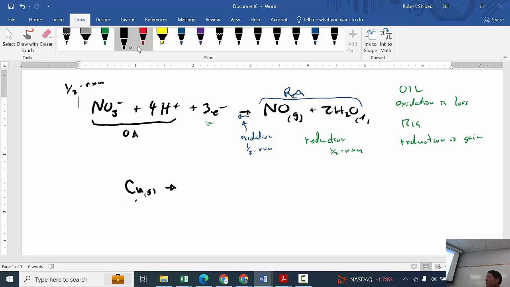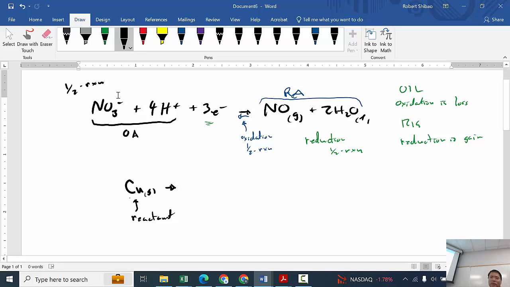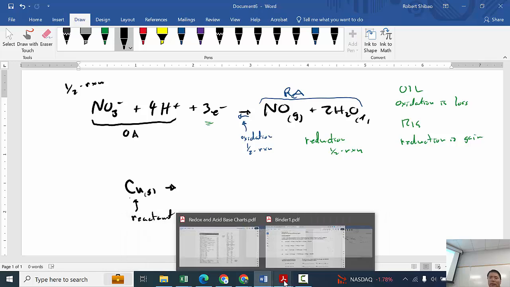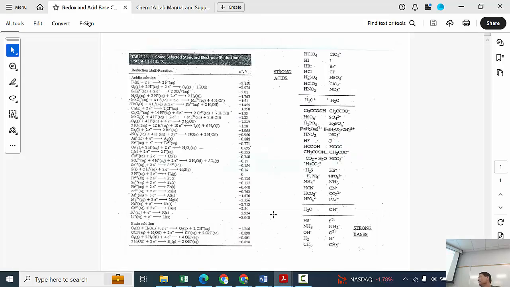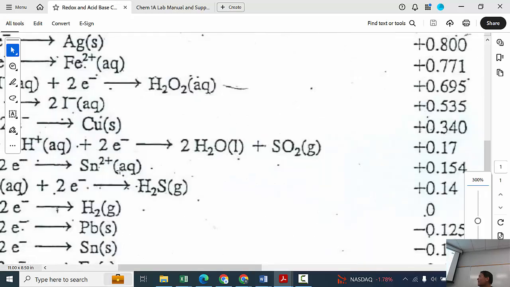And so what happens with copper is we have to reverse the equation in the book. Copper is a reactant, not a product. And so what I did was I took the reaction from the book and then just flipped it around so I have the oxidation half reaction. So if I go back to the redox chart here, and I took a look at copper,